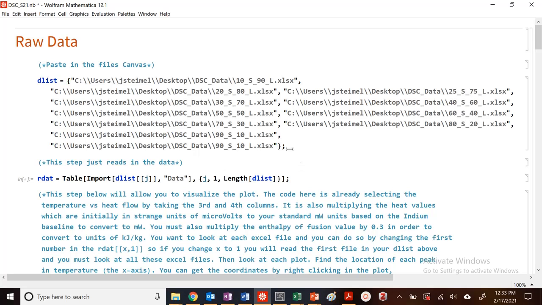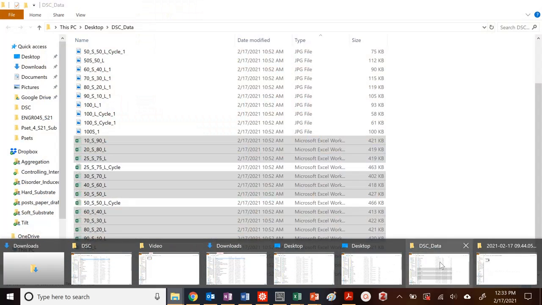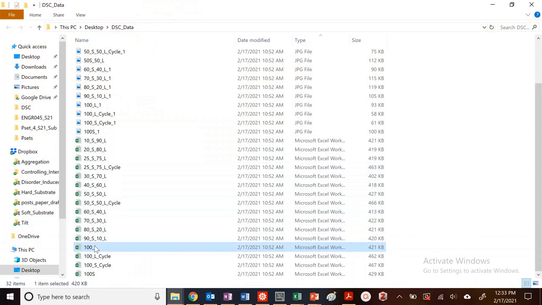And then range from 0% lauric to 100% lauric. So actually 0% stearic to 100% stearic. So if I'm at 0% stearic, I need to pull up my file. Unfortunately, quite a few of them. So I want 0% stearic. So that is going to be